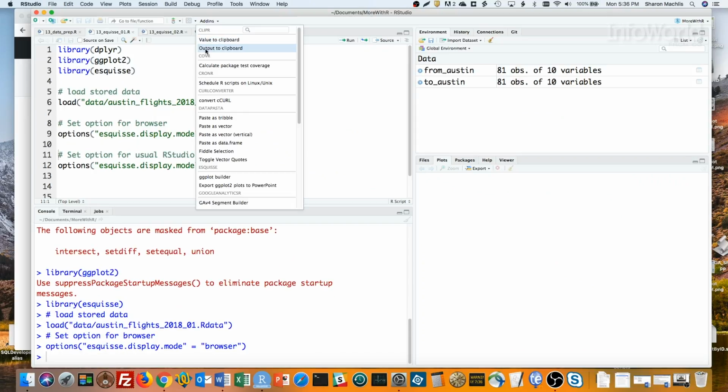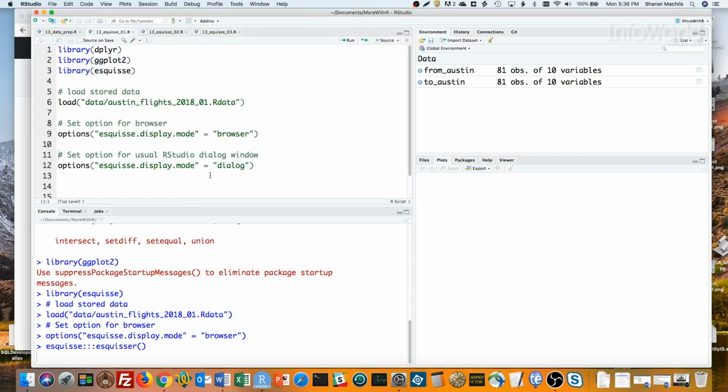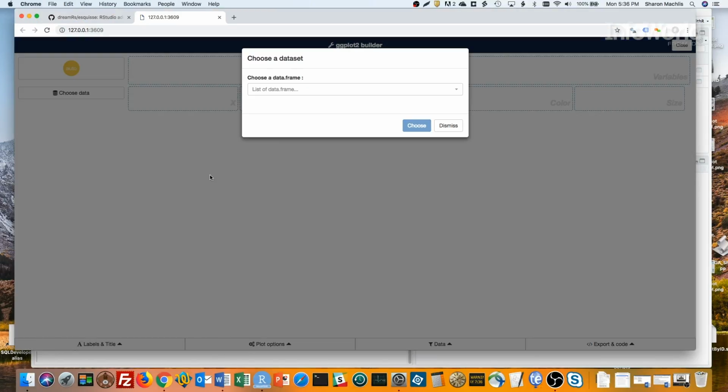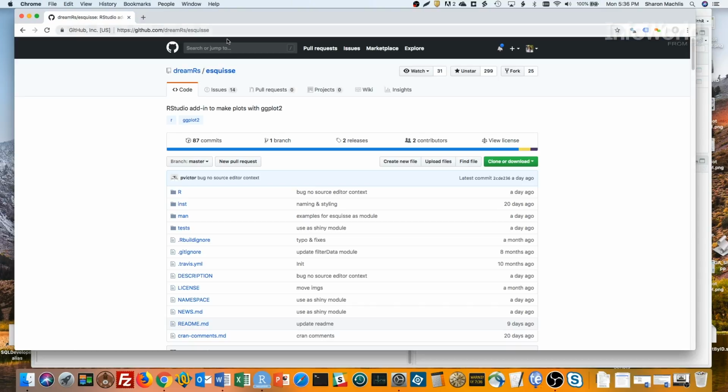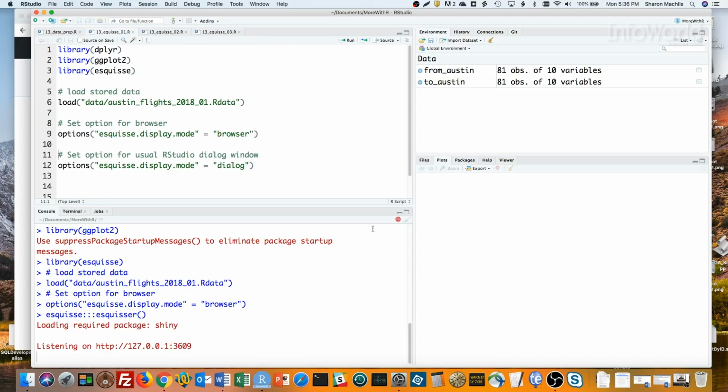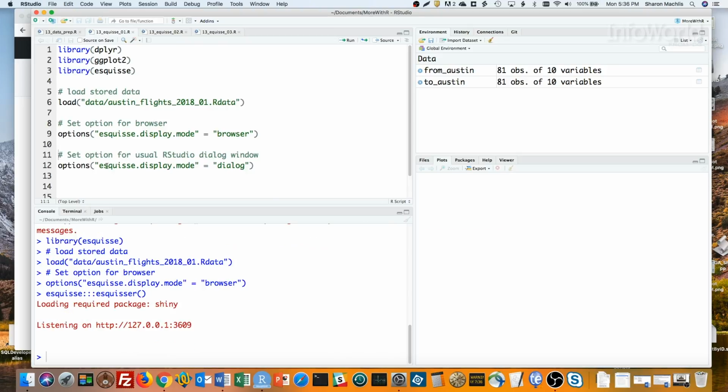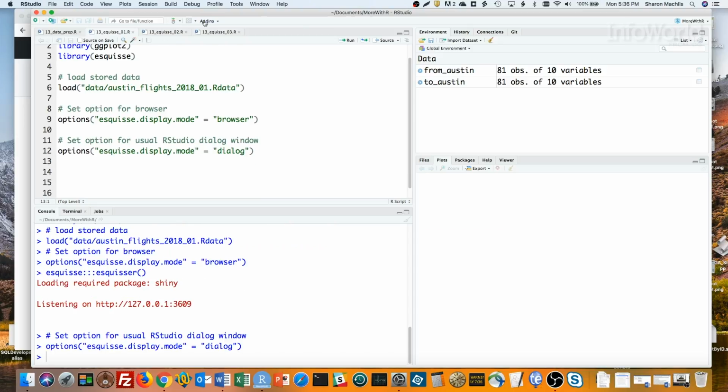Now I'll open the add-in, ggplot builder, and you can see it pops open my default browser. But I prefer the usual RStudio dialog pane. So I'll close this, stop the session, set my option Esquisse.display.mode to dialog, and then reopen the add-in.